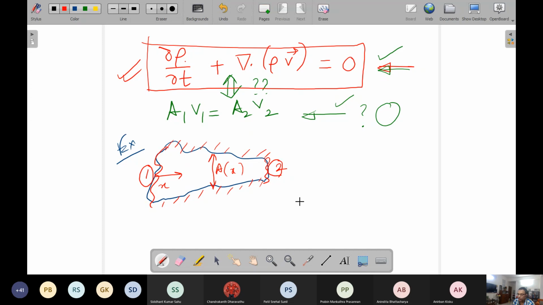Typically, if it is a conical and converging section, it is also known as a converging duct, or if it is having a compressible flow, then it is called a converging nozzle. So now I will try to write this equation there. First we will consider the first assumption, and a very important assumption, that it is a steady flow.